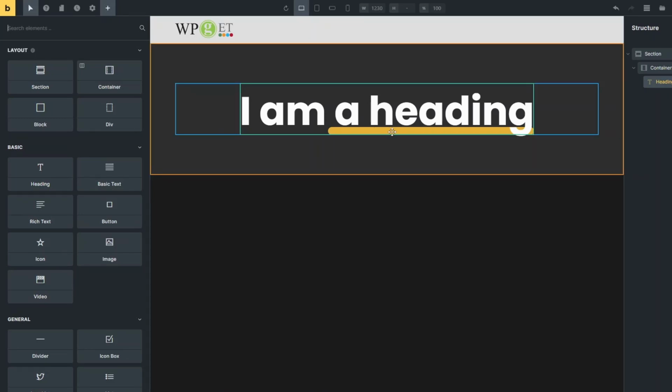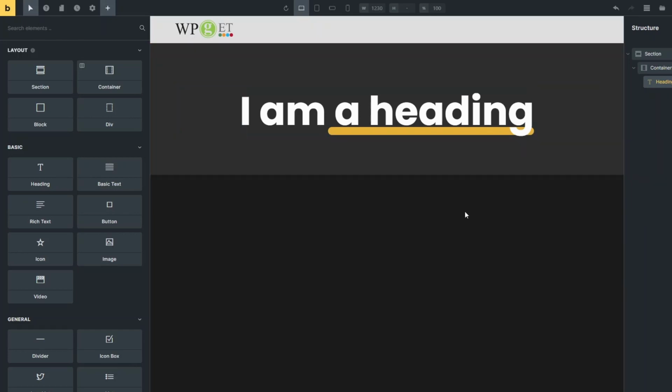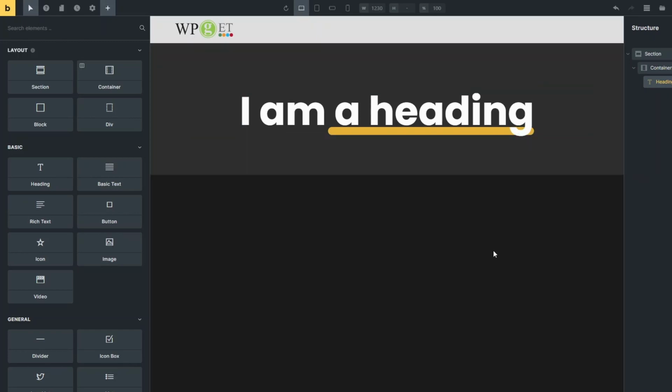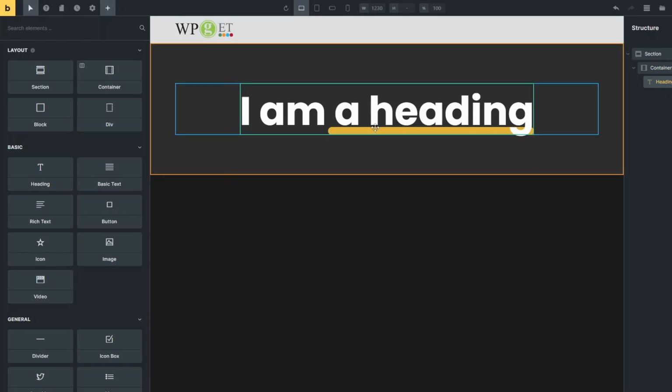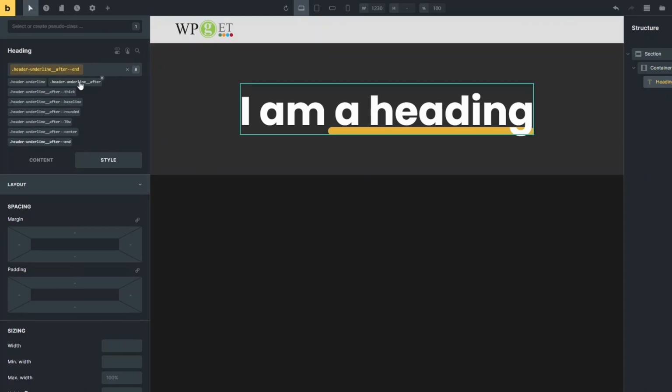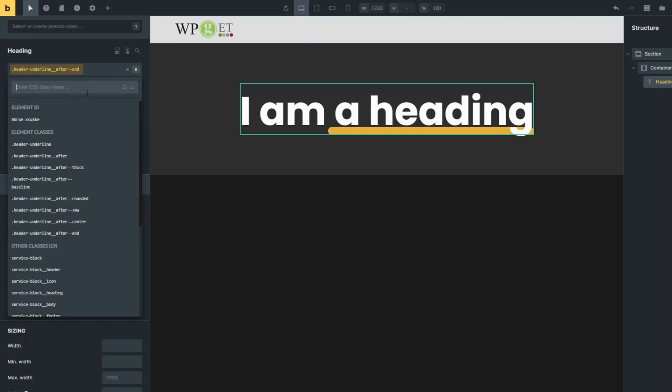All right, so the other thing we had was a black outline around this text, so that you can see where it crosses the line. You can do that with text stroke. Text stroke, depending on the size of your heading, is a bit of a problem, and I'll show you what I mean. If I go back to here, I'm going to create a new class. We're not going to target the after because we want to target the main text. So if I do a dash dash outline,